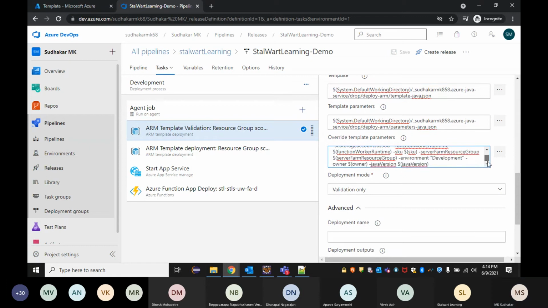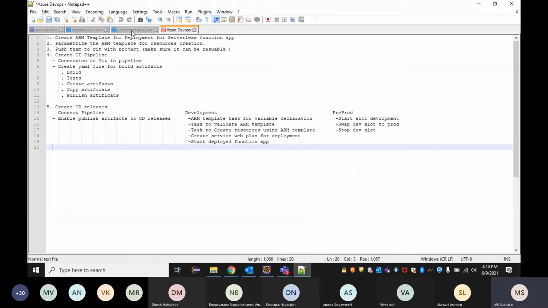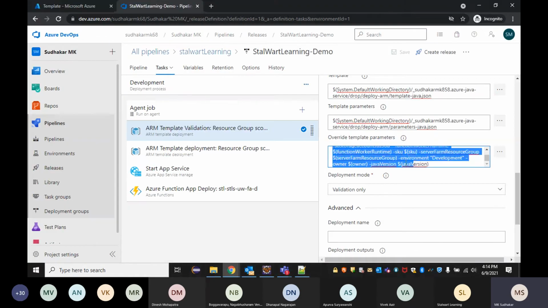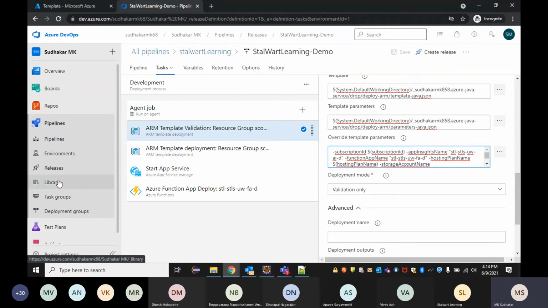Now, this is how you need to declare your variables, overriding the template parameters, right? We have these template parameters. Now I need to override this, right? So I need to get those variables somewhere. So that's where the variables are coming from. And I spoke about the library. I have declared 7 variables in the library, and a few of them I directly declared here. If you see here, you can even do it like this, or you can declare globally, so you can use multiple ways.